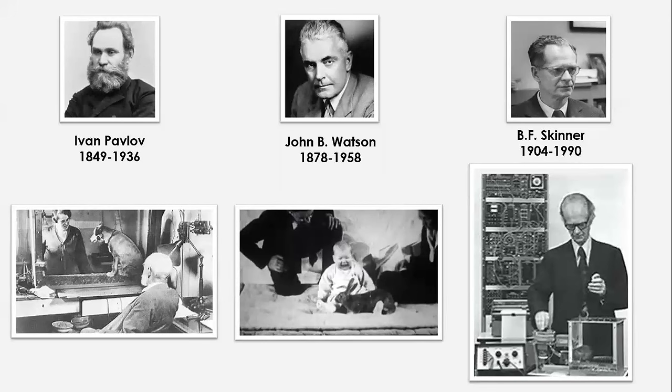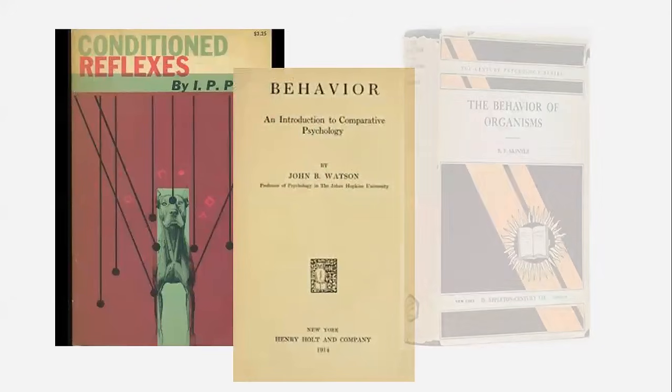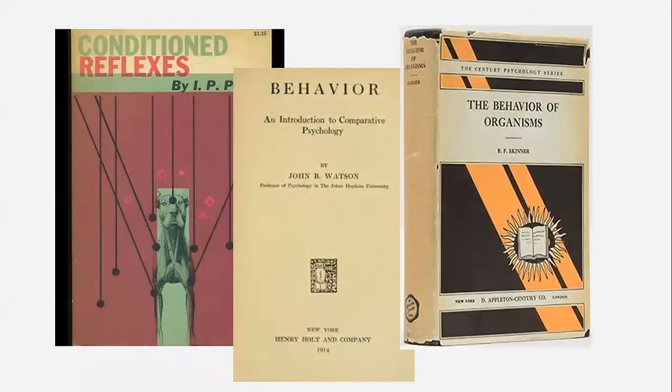So just so you know, these scientists and others, and it's also, I think, really important because we think so much of ABA as being tied to autism or treatments for autism. And the truth is, when Skinner and Pavlov and Watson and others were studying behavioral science, they weren't really thinking about autism. That wasn't their goal. Their goal is really just to understand behavior, why any organism behaves the way it does. And so the leap to treating autism really came later in the game.